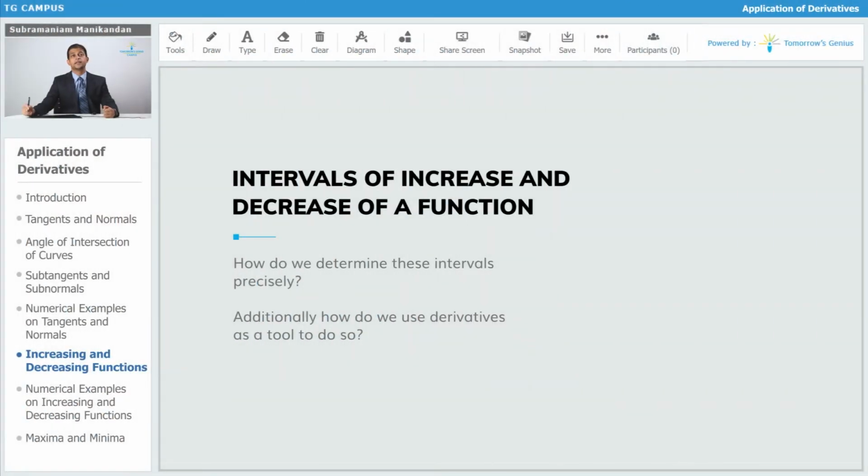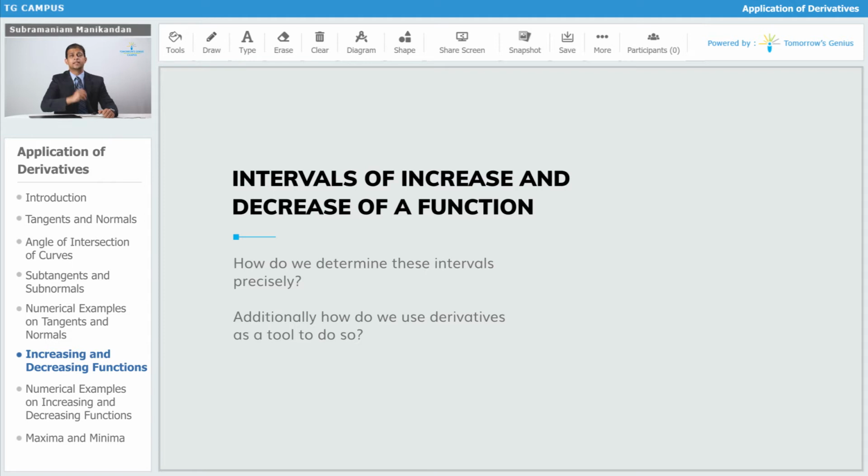How do we determine the intervals in which a function is increasing or decreasing? Because in many applications it is important to precisely define where a function is increasing and where it is decreasing, so that we can find out some other important factors relating to the function. Because there are many other aspects which depend upon whether a function is decreasing or increasing and in what intervals,